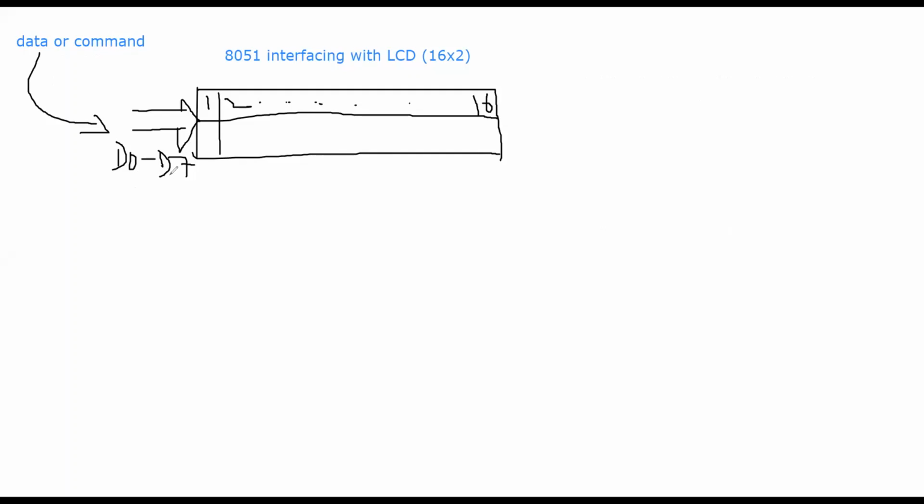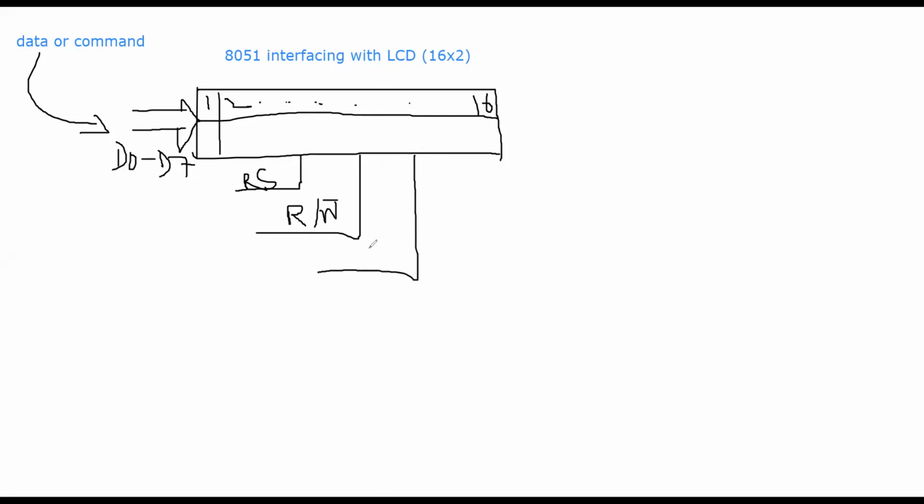Now it has three other control signals. One is called RS, register select. One is R/W bar, whether you want to read or write.